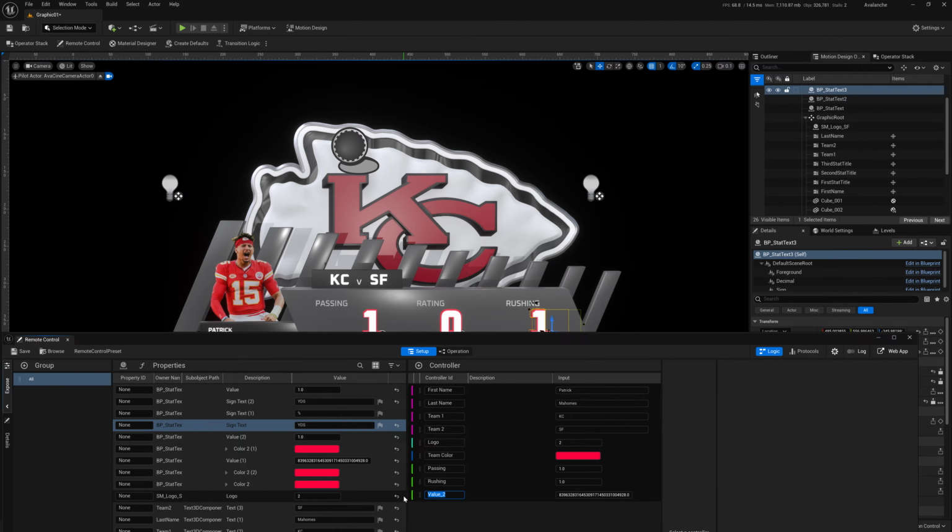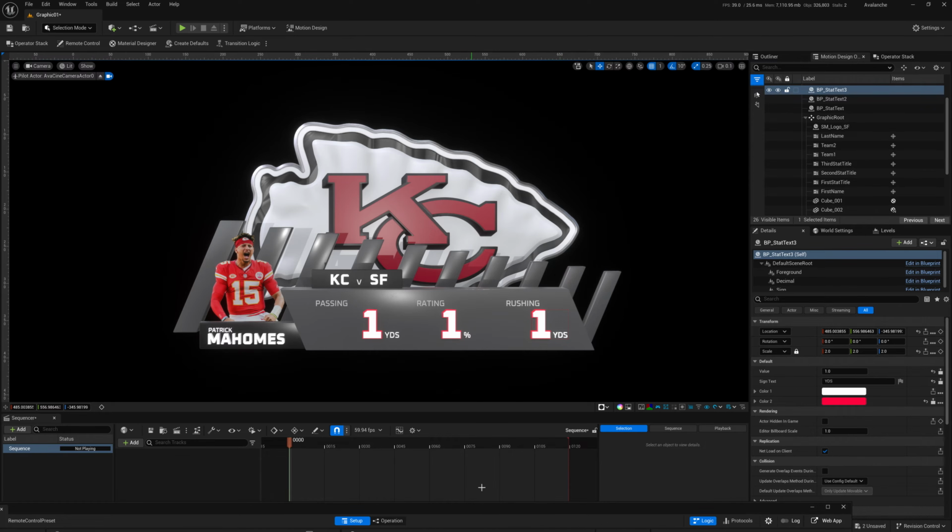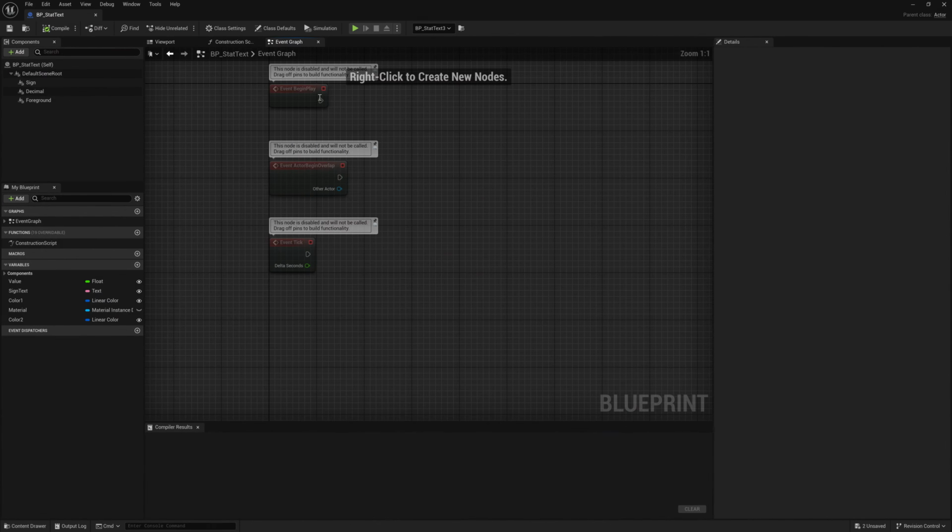And this will be his rating. Like so. So these equally, I've just set up a bit of a blueprint that lets me control these. So the design had this sort of outline and 2-step phase, which is somewhat tricky to do. So if I have a look in the blueprint here,